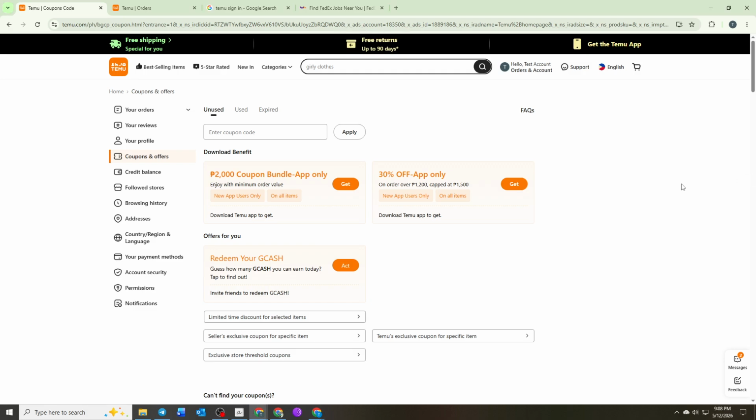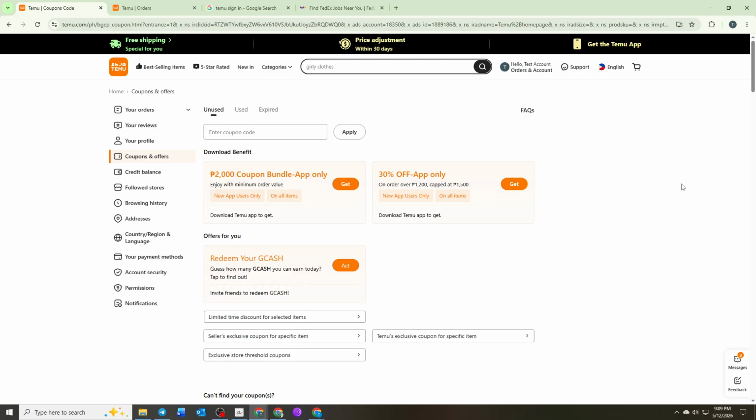In today's video, I'm going to teach you how to use Temu coins for discounts. If you've been collecting coins on Temu and you're wondering how to actually turn them into savings on your orders, then this guide will walk you through the process in a very simple and beginner-friendly way. Temu coins are part of the platform's reward system, and they can help reduce the total cost of your purchases